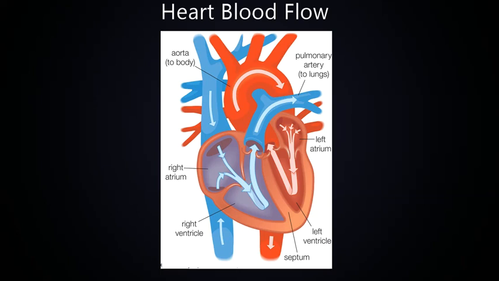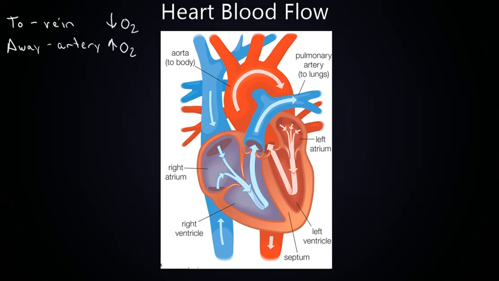Today we're examining blood flow through the heart. And one thing to remember is anytime we have blood flowing to the heart, we're referring to a vein. Anytime we have blood flowing away from the heart, we're talking about an artery. Arteries, almost all the time, have an increased oxygen saturation, whereas veins, almost all the time with one exception, have